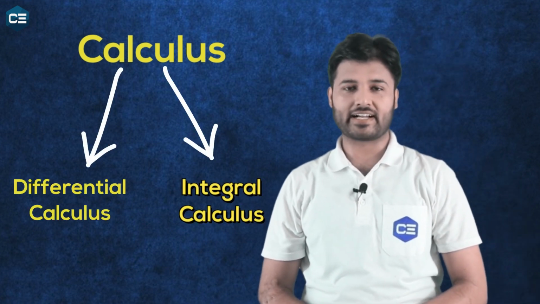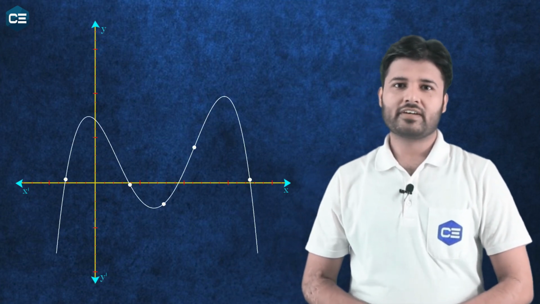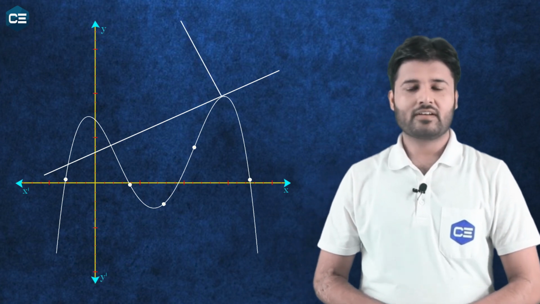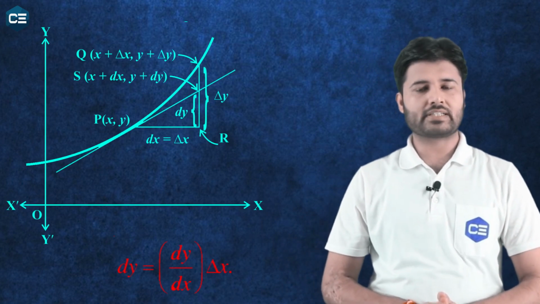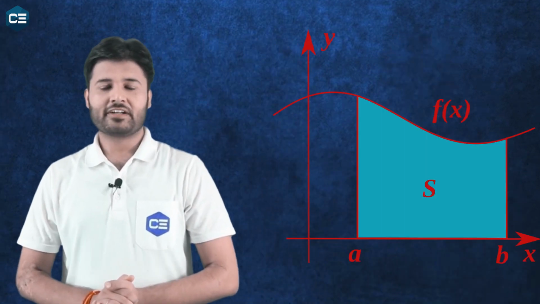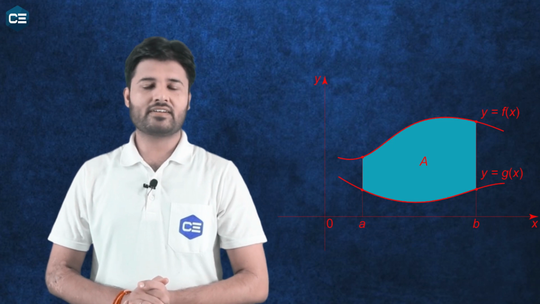As you all know, calculus has two main branches, the differential calculus and the integral calculus. In differential calculus, we study the behavior of a curve in which we find its slope, equation of its tangent line, its normal line, or the related rate problems. And moreover, we see the approximation problems in this, and we find also the maximum and minimum values of a curve. On the other hand, in the integral calculus, we find the area under a curve or area under two curves. So today I've come up with a problem of calculus in which we will find area.